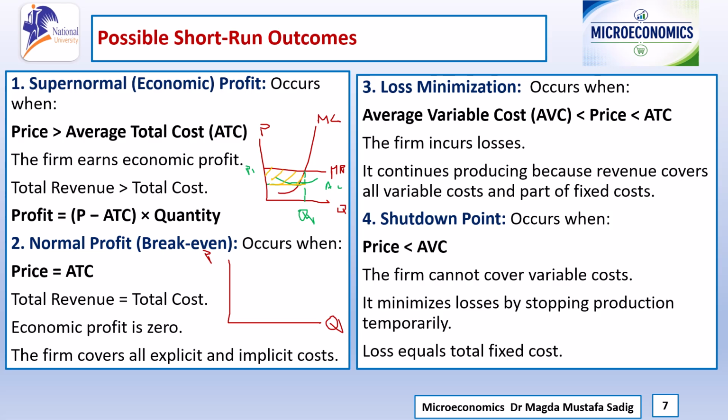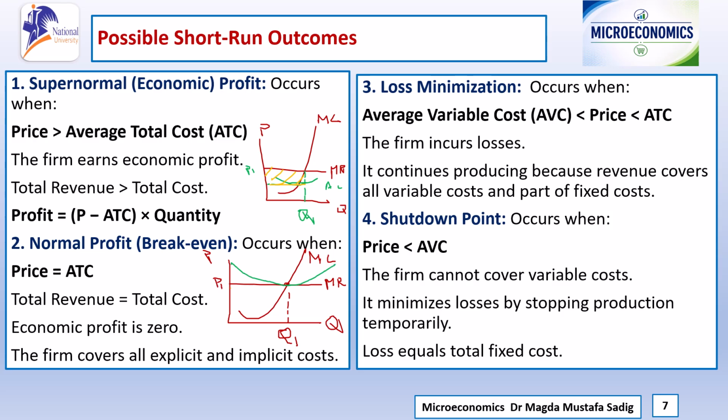Okay, for this curve, we have the horizontal line which represents the demand and marginal revenue, this is B1, and we have this marginal cost. The intersection point determines how much to produce. This is Q1. But where is the marginal cost? Let me select the green color. This is